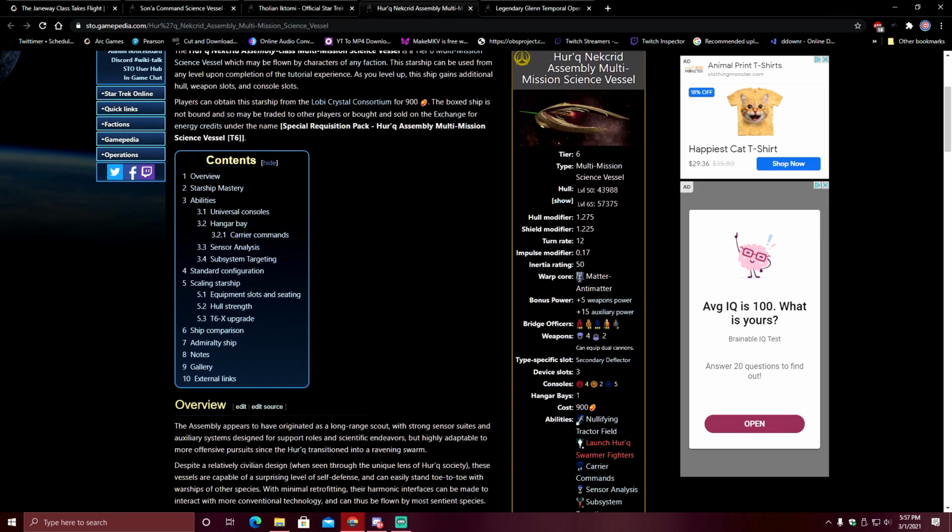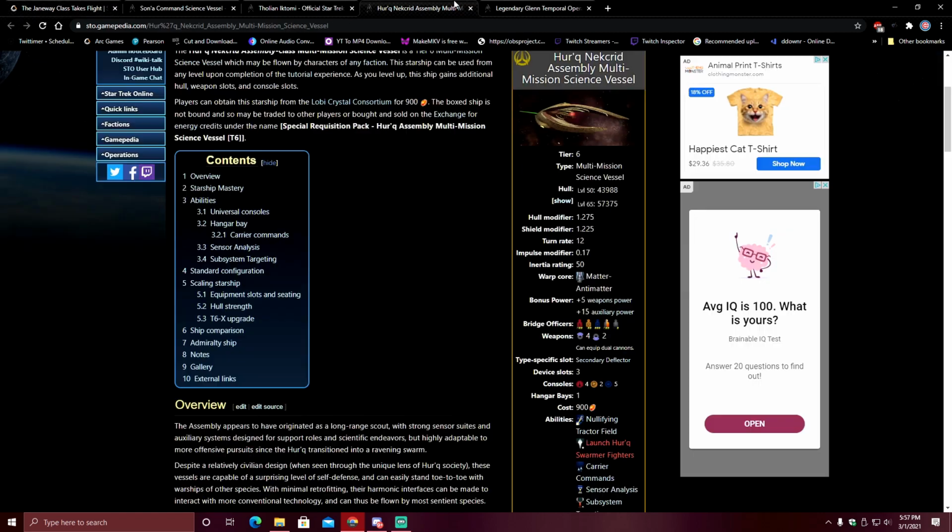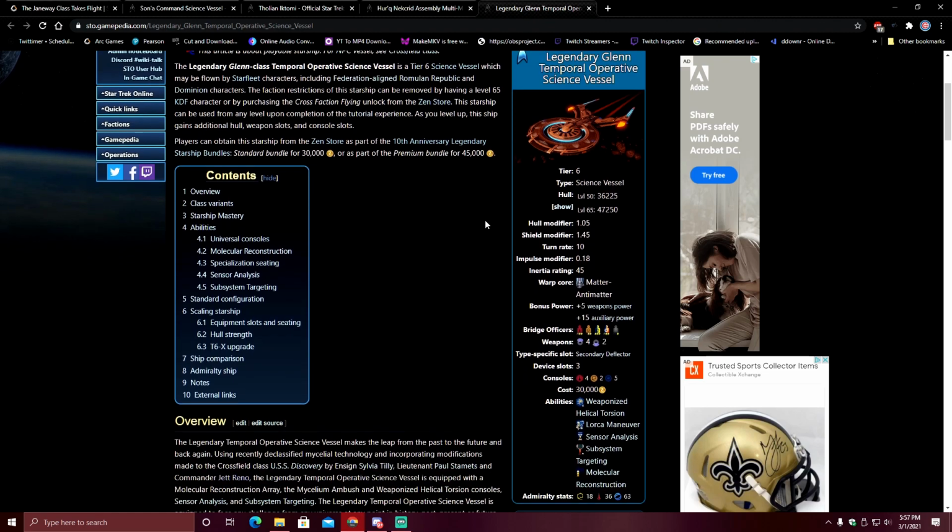Plus, it also has a hangar bay, which, I didn't notice on the Janeway unless I was blind. And no, it doesn't have a hangar bay, so pretty much you just trade the Miracle Worker seat there for a hangar bay, which frankly I'd kind of take that trade-off, to be honest. And then the last one I found for comparison,